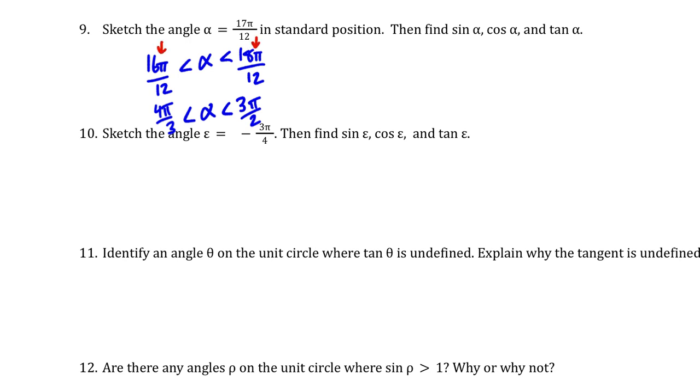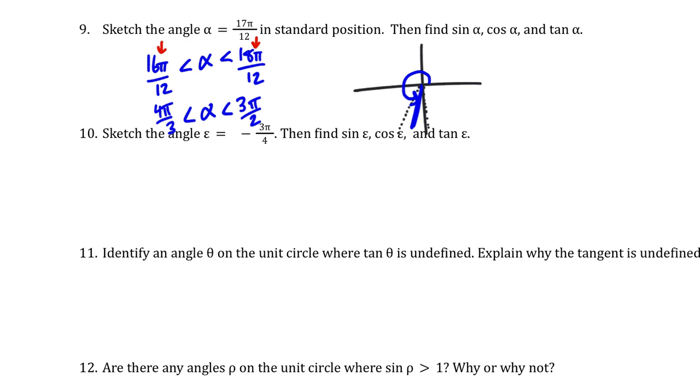All right, and so 17 is halfway between 16 and 18. So if I know that, then I can draw my coordinate axis. This is where 4 pi over 3 is, and this is where 3 pi over 2 is. And so that angle must be halfway between those two, which means that our standard position angle